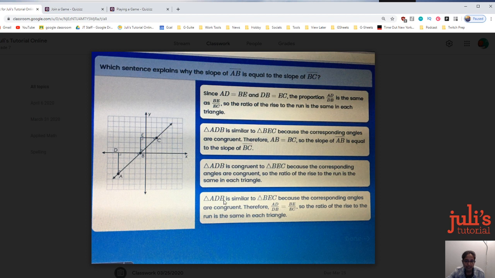Now, triangle ADB is similar to triangle BEC. Okay, we established that because the corresponding angles are congruent, therefore AD. Okay, so these are the choices. Which sentence explains why the slope of AB is equal to the slope of BC? All this time I really thought this was part of the question. Okay,